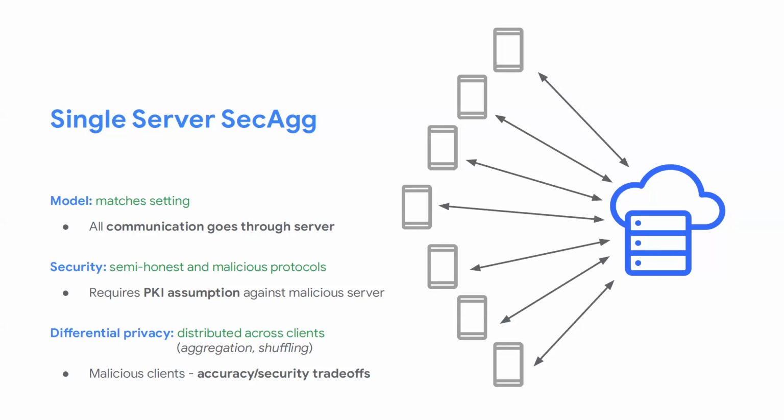So there you can use this amplification by shuffling to achieve differential privacy, but both of these don't quite get you the central differential privacy guarantees that would give you the optimal accuracy. And moreover, when we talk about these malicious adversaries, and when we assume that the server is controlling a fraction